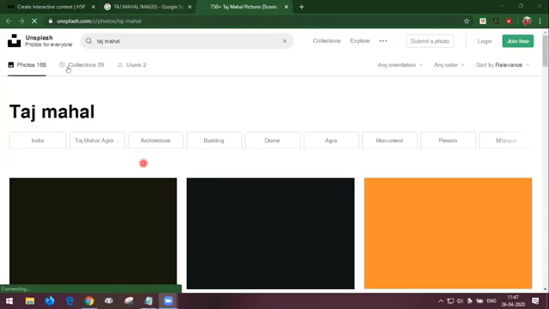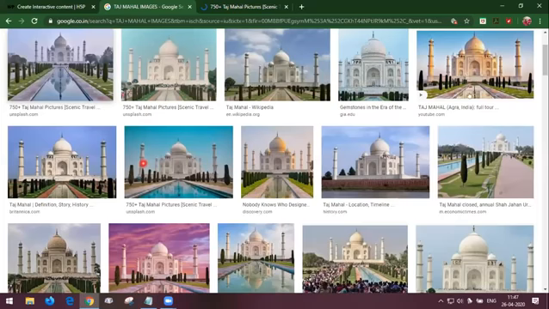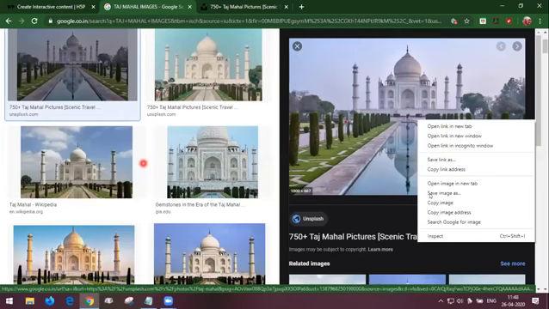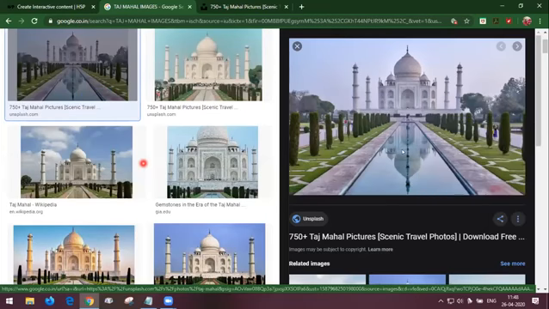You have to click on the particular image so that it will be displayed in a big size on the right of the screen, and right click on the image now and save the image. If you are giving save image here, the image will be blurred, but if you are selecting the save image as after previewing it in the right side, you will be getting a better image than the image which is available here.